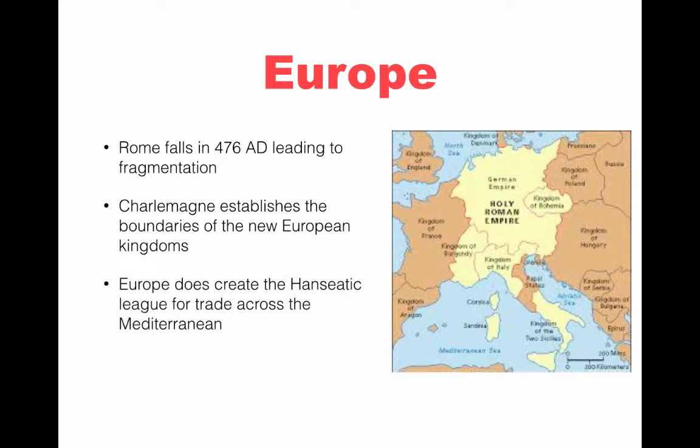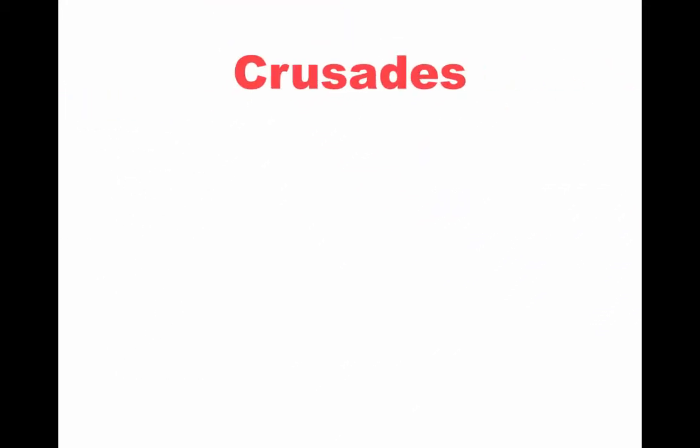Europe also at this time period creates the Hanseatic League for trade across the Mediterranean. So this allows us now to connect Europe up to the other major trade routes. And we're able now to discuss the Great Schism between Byzantium and Western Rome. And this is where I can get into the two civilizations and talk about their differences. Western Rome establishing the Holy Roman Empire, Byzantium under Justinian the Great with Justinian's law code having a different type of theology, a different type of way of organizing their society, and how this creates a break within Europe between West and East, which of course then opens us up to the major events of the post-classical age,